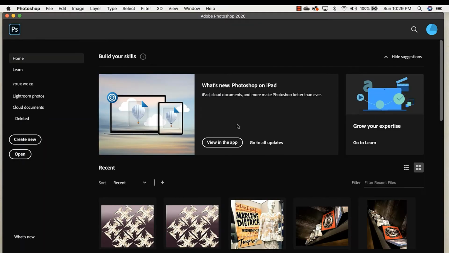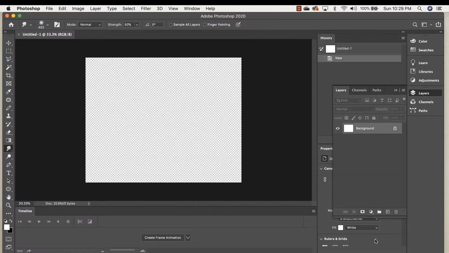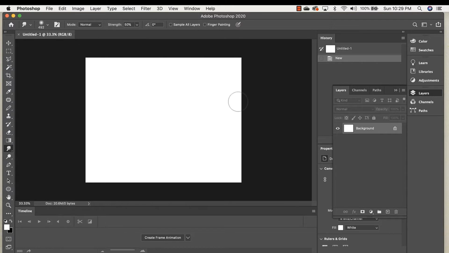So we can start by opening Photoshop, new, create a new file, and here you'll see different kinds of sizes, some for web, landscape, customs. Let's just for now use custom 8x10, and I'll do a landscape just for this demo. So I'm just gonna create that file, and here